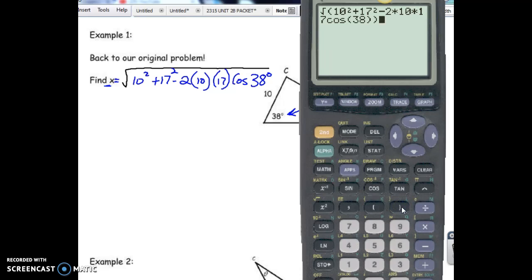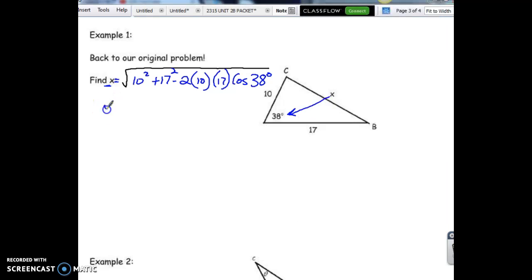And amazingly, all I have to do is hit enter, and notice we now have what x equals, 11.003. So therefore, x will equal 11.003. I don't know what units I'm in, but there you go. Whenever we find a side, you can immediately punch it all in one step into the calculator. All right, folks, that's part 1, and I'll be back with part